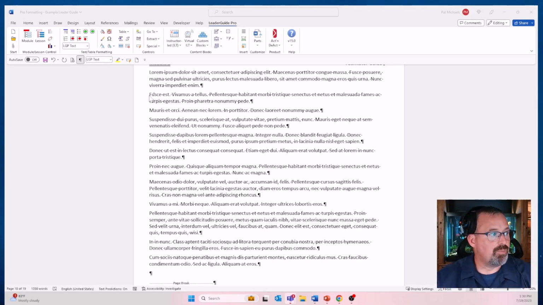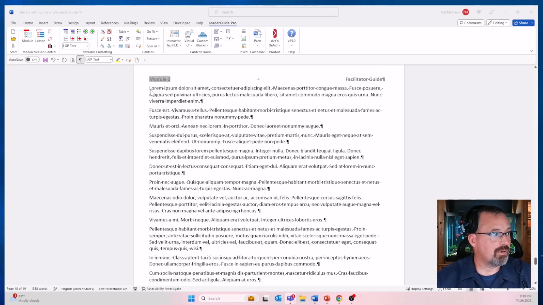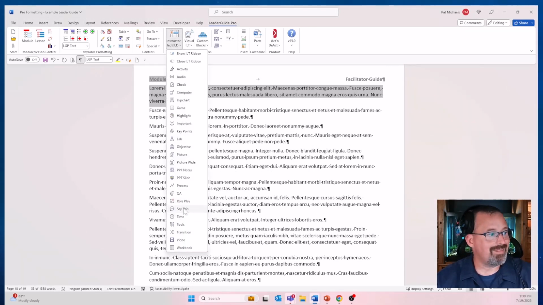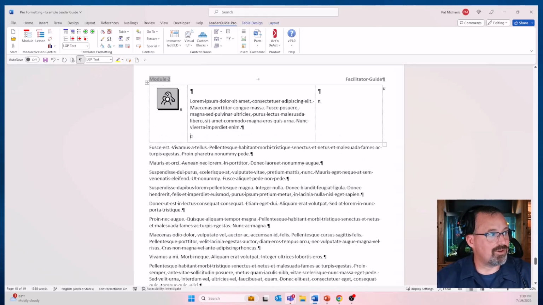But as we actually put in content blocks, so let's say this first item here was just a key point. So I could highlight the text, I can come over, I can choose a key point. It starts bringing over the information, it can bring it over into a specific content block. And whether it's a 2-column or a 3-column, the content block itself gives a certain amount of spacing before the information, a certain amount after. So as I put in another content block, let's say this was a knowledge check,